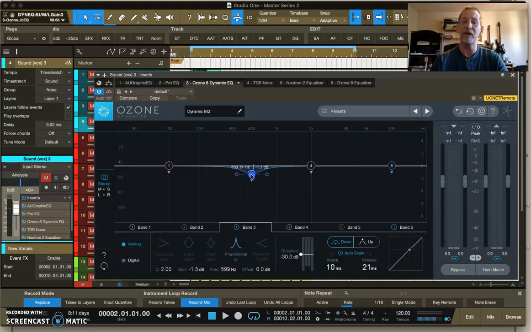So if I decide I'm doing a cut or a boost or anything like that, it's paired with basically an upwards compressor, expander, or a downwards compressor, so that it is actually causing more transparency. It will also boost certain areas a certain amount with upwards expansion, compression, and/or downwards compression or expansion, which is a whole new application that can cause you to take a much deeper look at your equalization,